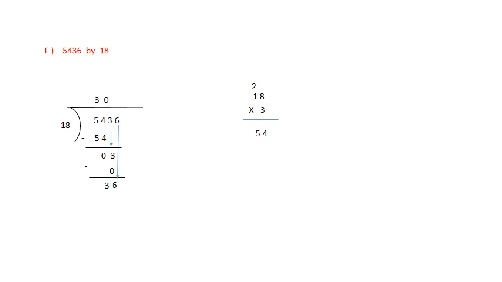Now student, if you see the 18 table, when we took 3, it became 54. We cannot take 54, so we'll try 2s here. Now look here. 18 2s, you are getting here 36 and we need 36 only. So we'll write down here 2s 36 and here remainder is 0. So we have completed this sum and so we will write down here quotient is equal to 302 and remainder is equal to 0.